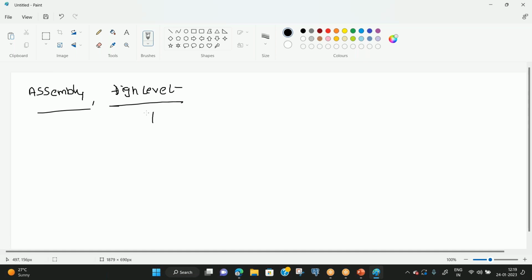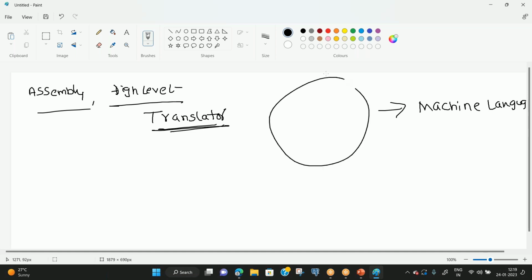So what is needed? We need a translator. What is meant by translator? Converting one language into another language. So which language to which language? What is my destination? My destination is obviously machine language. Whatever language you are given, finally the task of the translator is to convert the given language into machine language. Why? The computer understands only machine language. So, to convert assembly language into machine language, the name of the translator